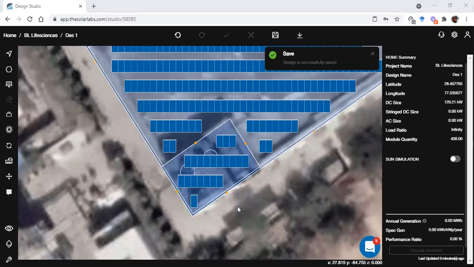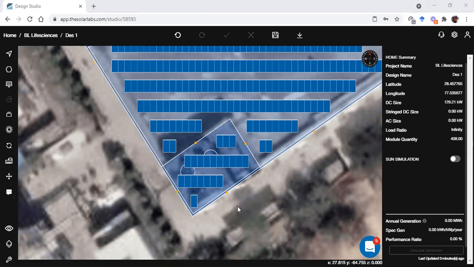Okay, Mr. Varun, are you clear with this option now? Elevated module structure on RCC roof. Okay, sir, I am not able to get your question.